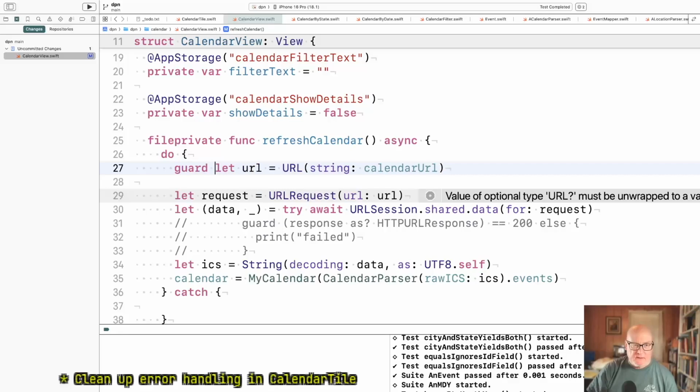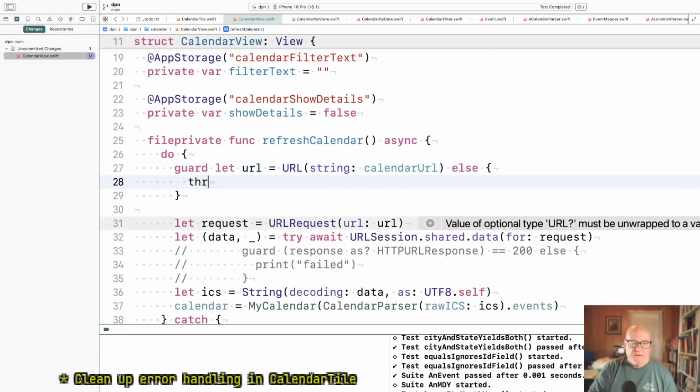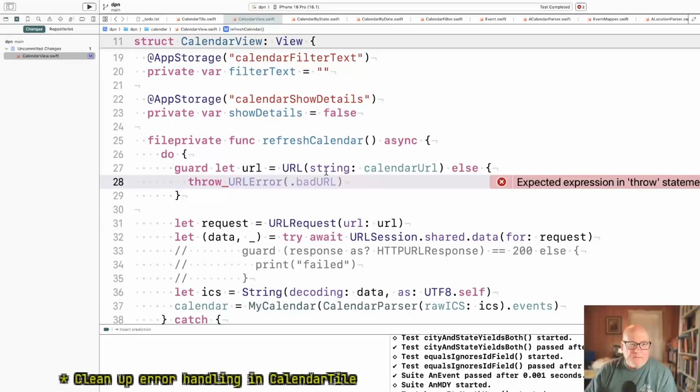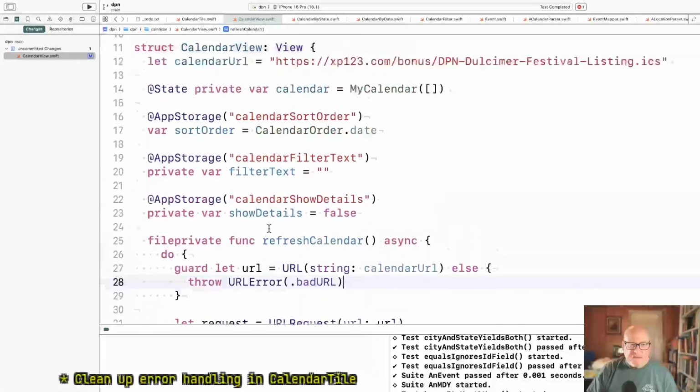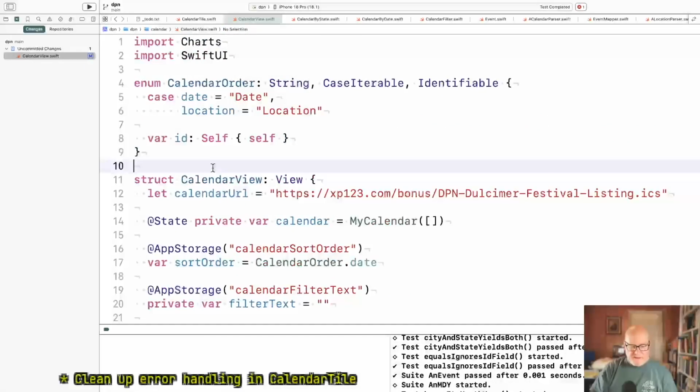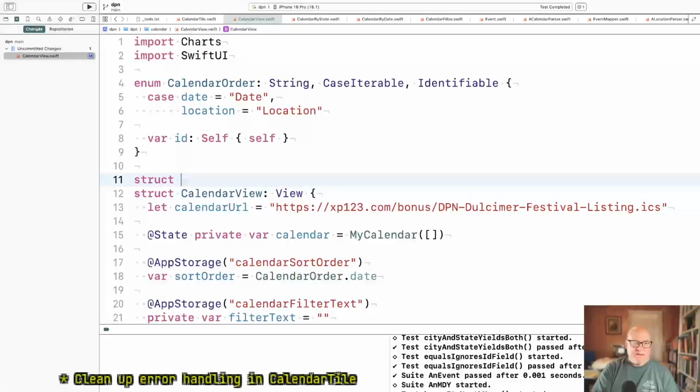Let's try this. Guard let URL equals that, else throw. Is that existing? I think I want to make my own errors. Struct